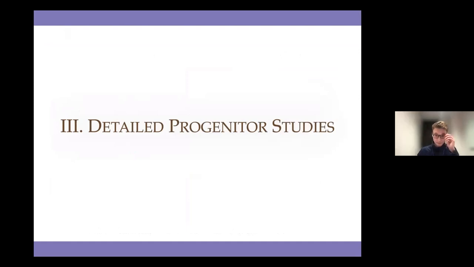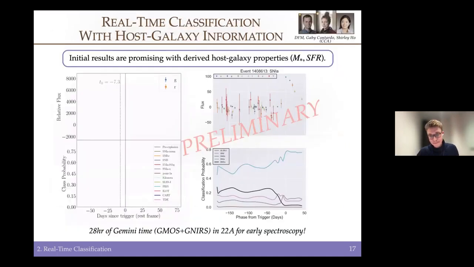I had a question on the previous slide. Before trigger, at bottom right, minus 150 days, there's no new data there, right? You have non-detections. On the top, there are non-detections, obviously obtained only after you have the trigger and know to look back for them. But why is it fluctuating if there are no detections at all? Right.